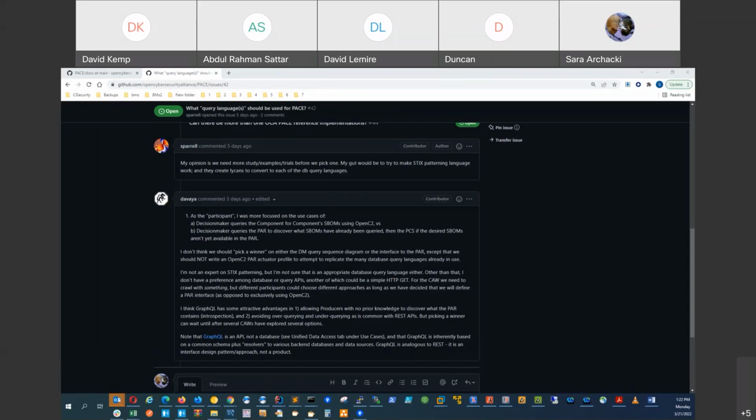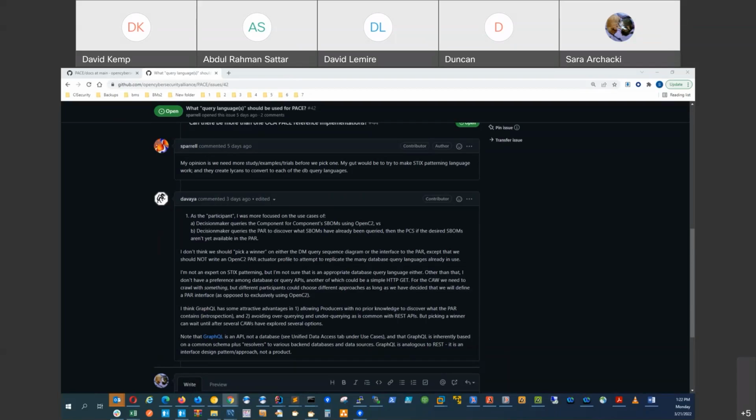I know what I'll be working on as an example or proof of concept for a PAR interface for the workshop. And I'm hopeful that would fit into almost any of the alternatives that Duncan has listed. Again, notice that